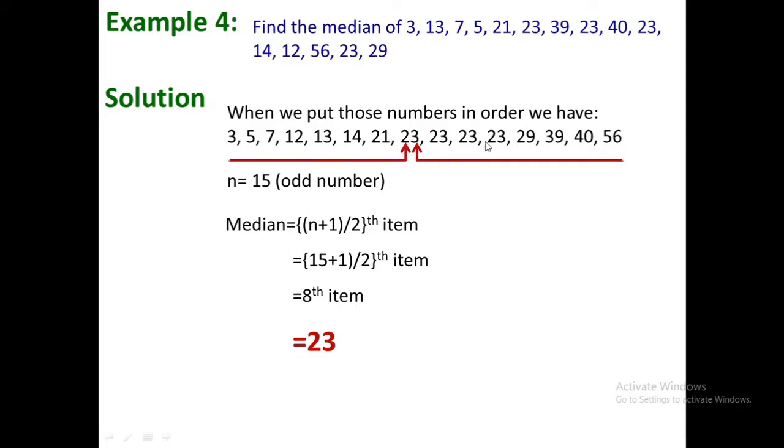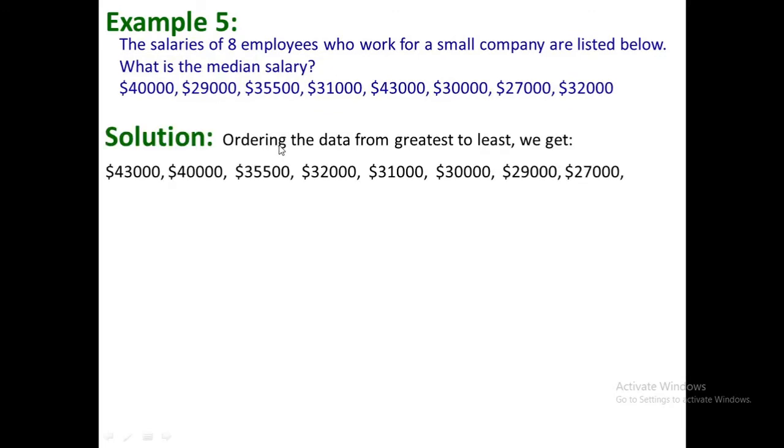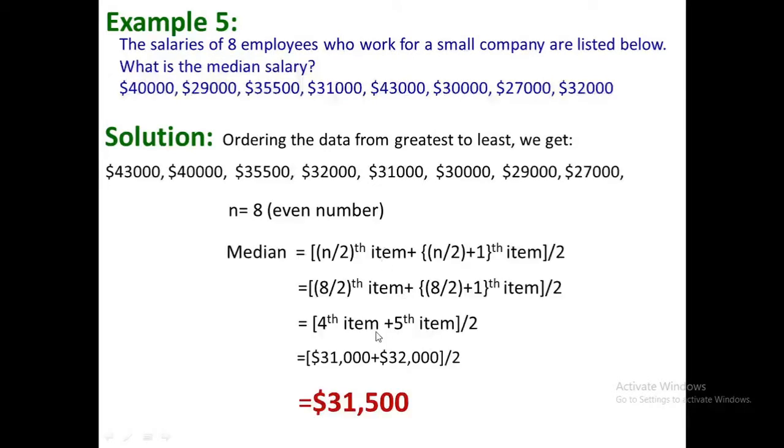Now let's take one more example where the number is even. After ordering the data from greatest to least, earlier we were doing smallest to greatest, now it's vice versa. We get this sequence because n is 8, which is even. Therefore the median will be the 4th and 5th items. The median will be the average of the 4th and 5th items, because here we do not get a single value in the center. So the median value of the 8 employees will be